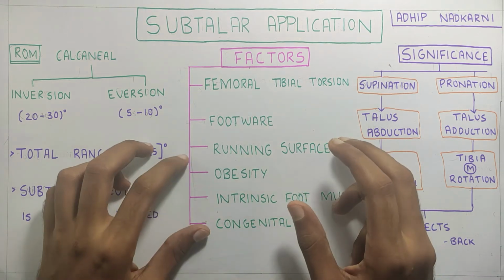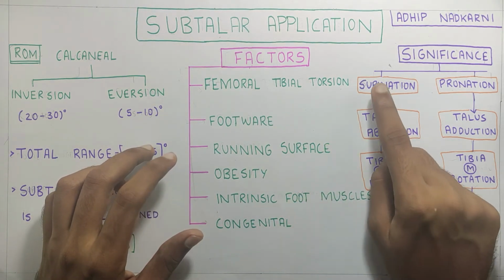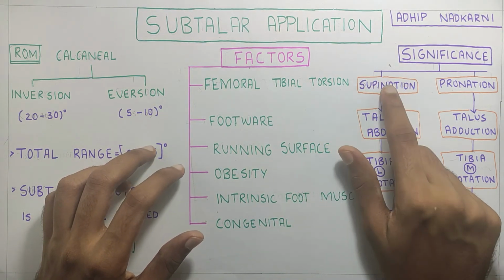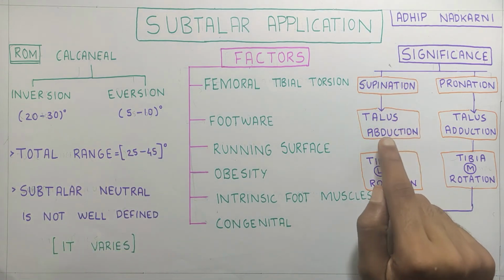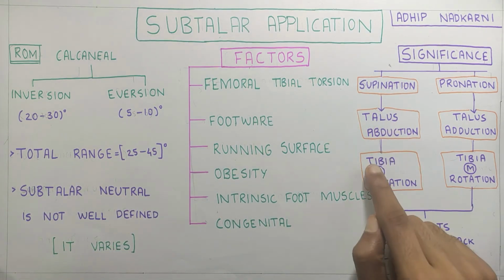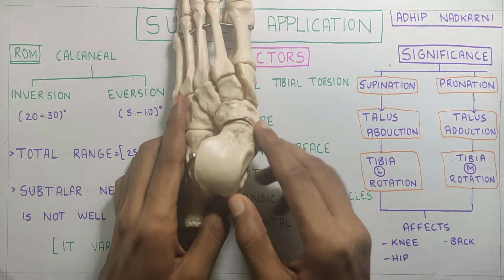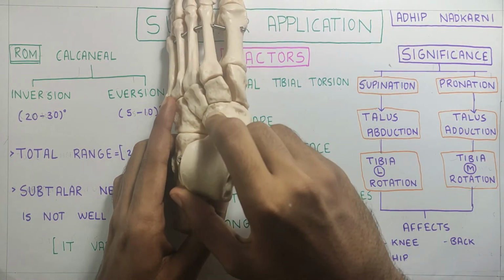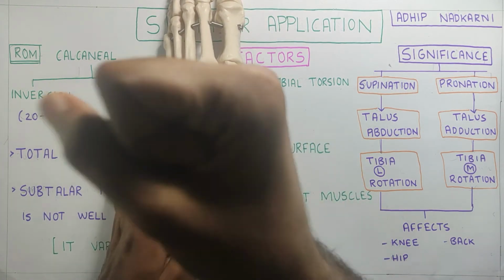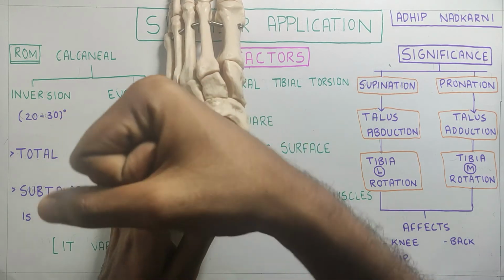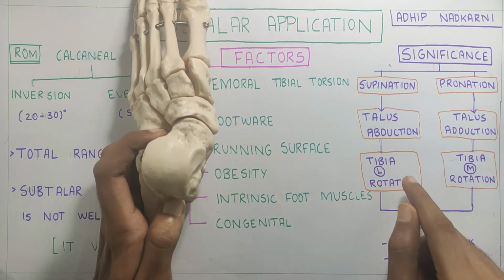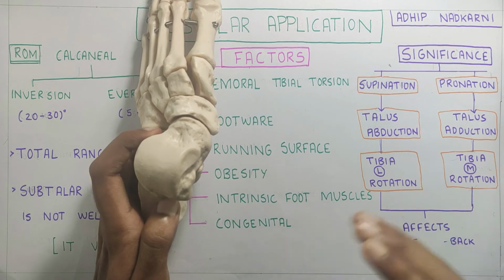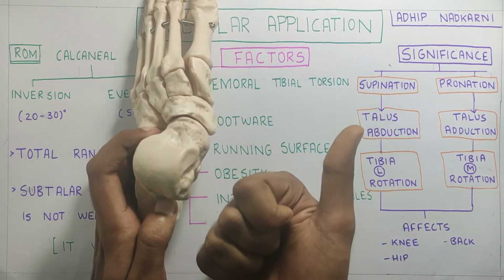Now, what is the significance of this? We see that supination of the subtalar joint can cause talar abduction, right? And this will cause tibia to rotate laterally. We saw that the lateral rotation or abduction of the talus will cause the tibia, which is on top of it, to rotate laterally. Now this can cause a lot of unnecessary torsional forces in the proximal joints like knee, hip